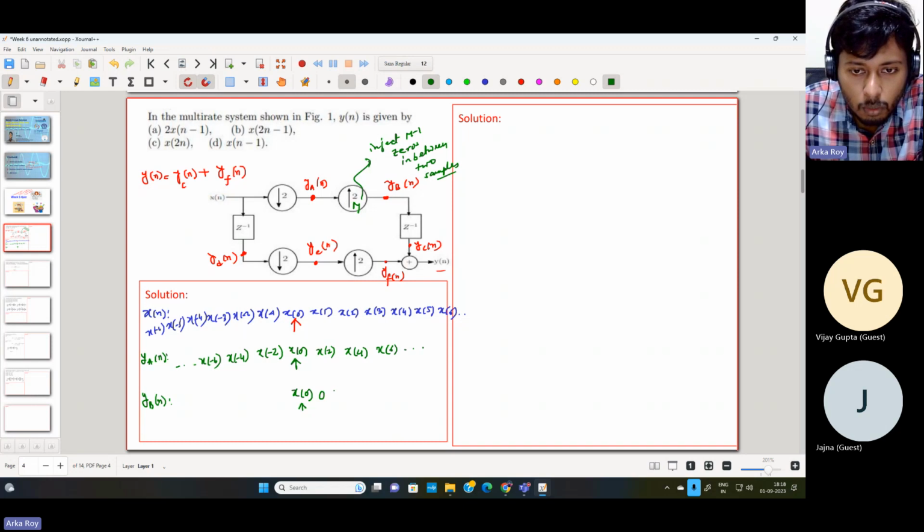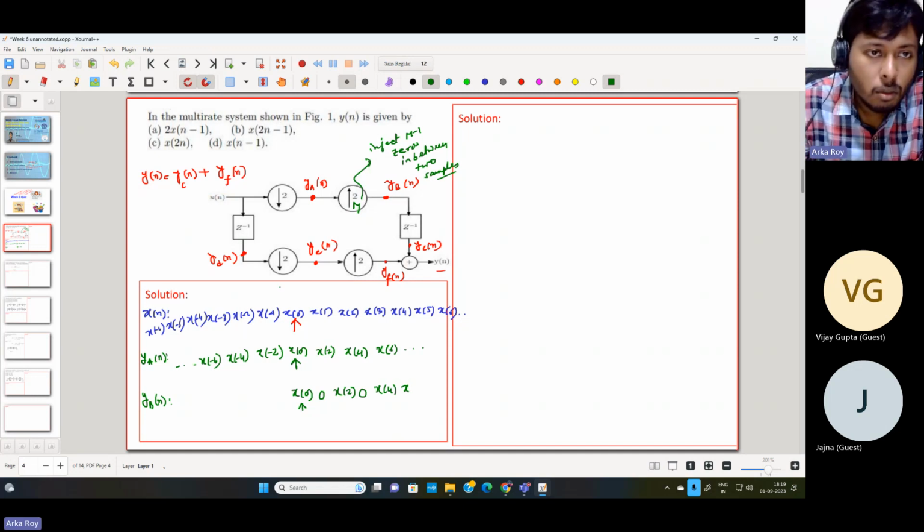So 0 followed by x of 2, then 0, then x of 4, then 0, x of 6, and so on. Similarly, on the left hand side, it will be x of -2, 0, x of -4, 0, x of